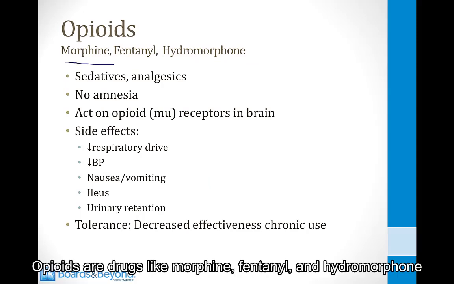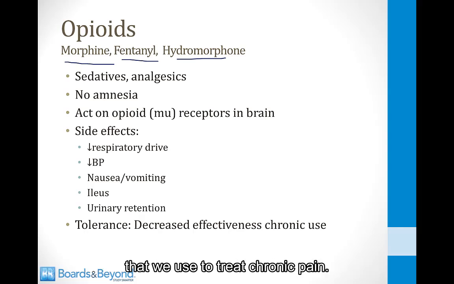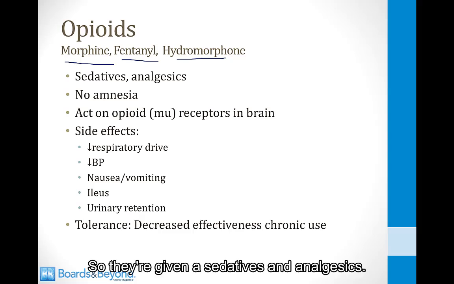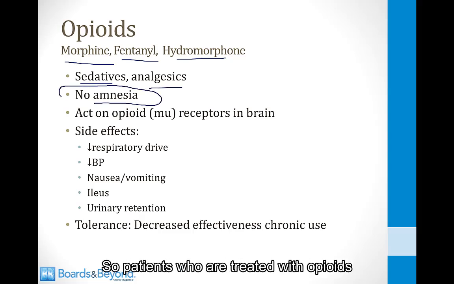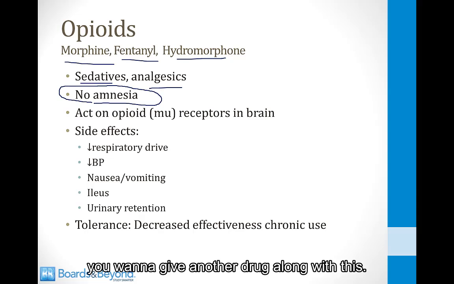Opioids are drugs like morphine, fentanyl, and hydromorphone, and just like benzos, there are oral forms of opioids that we use to treat chronic pain, but they can also be given in higher dosages as IV meds for anesthesia. So they're given as sedatives and analgesics. They don't cause any amnesia, so patients who are treated with opioids will remember everything, and it's important to know that. You want to give another drug along with this if you're going to be putting them through a dangerous